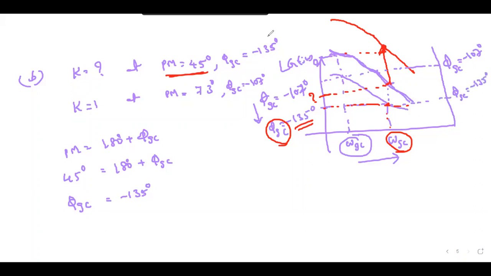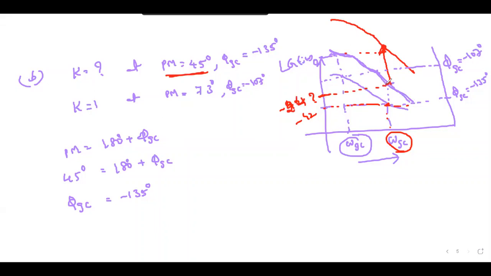Sir, minus 135 meets at minus 42, sir. Minus 42 dB? No, down, sir. This is minus 42. Okay, I want this point. Nothing, this minus 135 point, just draw a line. Minus 24, sir. This is minus 24. Yes, sir. Are you sure?